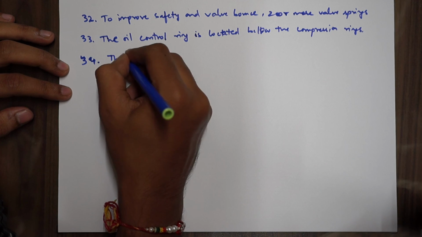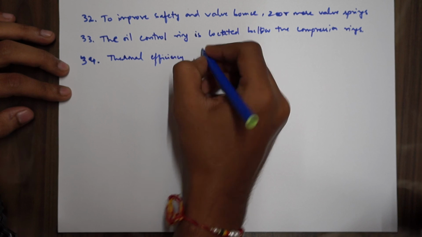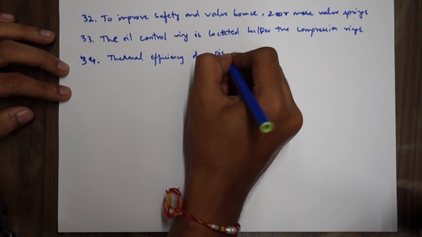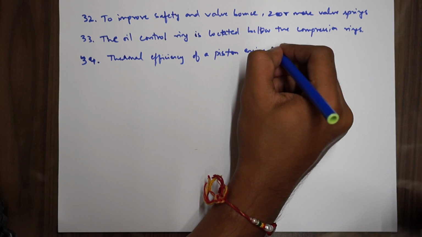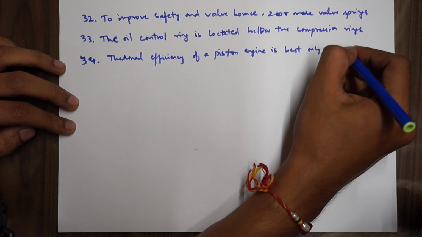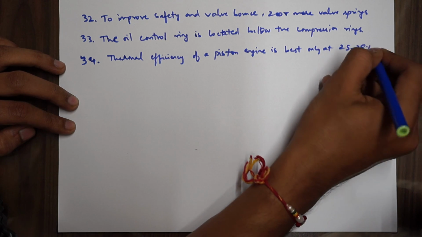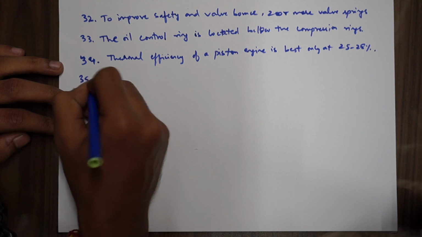34. Thermal efficiency of a piston engine is best only at 25 to 28%. Just a theoretical number basically. Last point here,